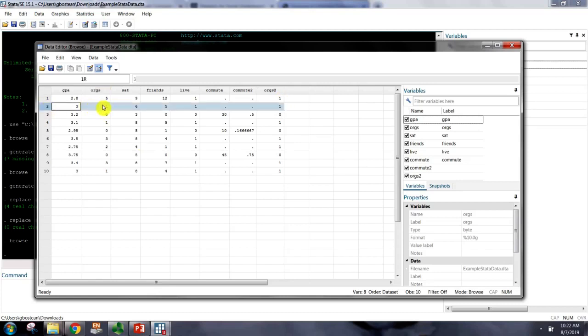Respondent 2 is part of 1 organization, so they're also coded 1. Respondent 3 is part of 0 organizations, so they're coded 0 in the new variable. Respondent 4 is part of 1 organization, so they're coded 1. Respondent 5 is part of 0, so they're coded 0, and so on. So it looks like we've achieved what we were trying to achieve, which is to create an indicator or a dichotomous variable coded 0 or 1 based on the continuous original variable,